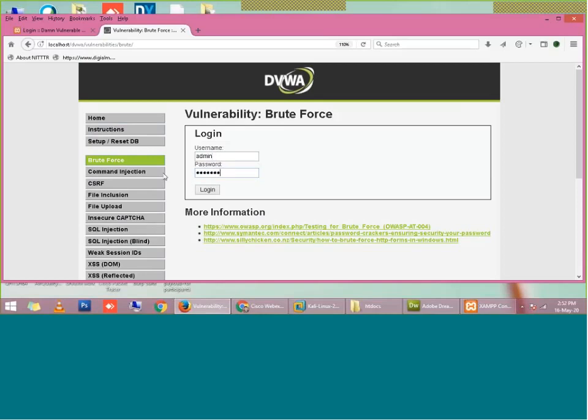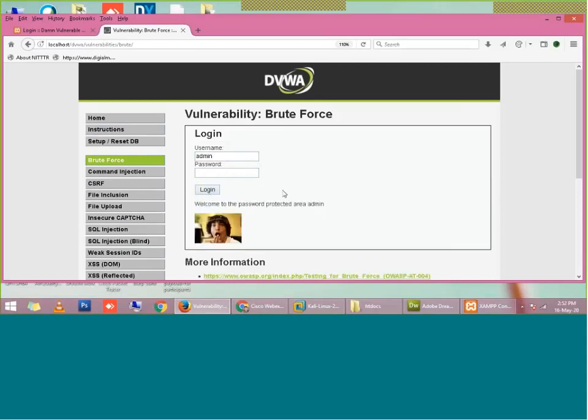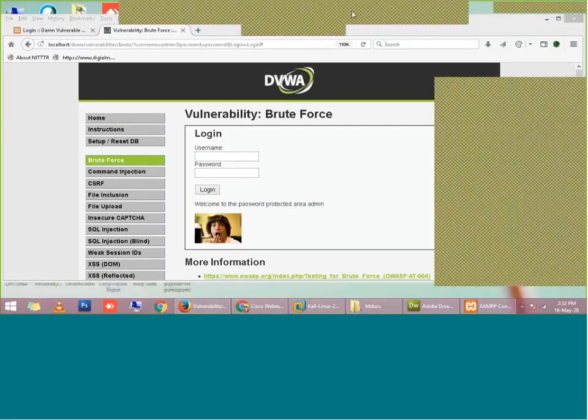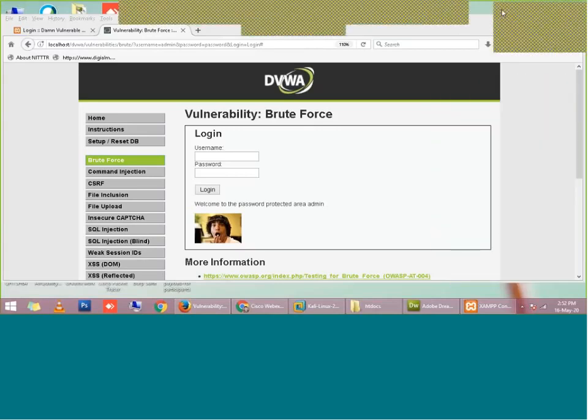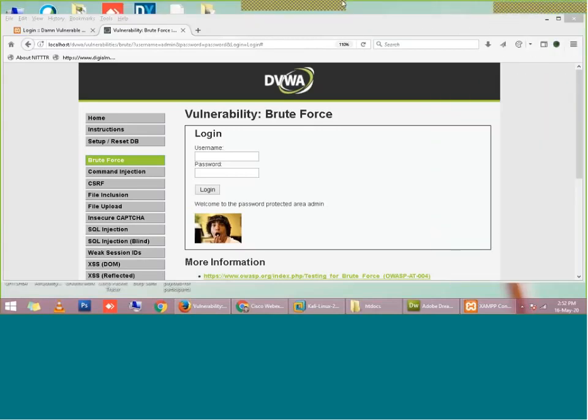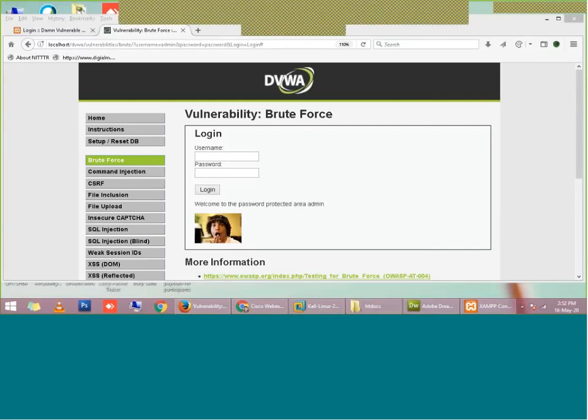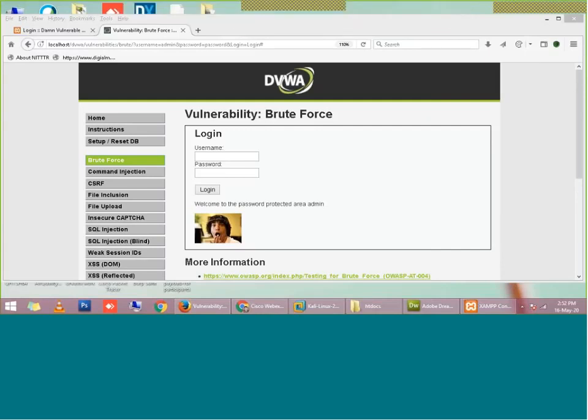I'm entering the correct username and password, so it must allow me to log in. When I click on login, you can see it says welcome to the password protected area admin. That is, I have logged in as admin because I have entered the correct username and password.